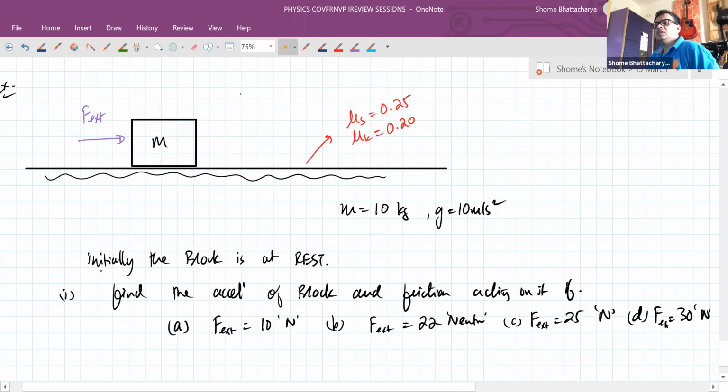Okay. Initially, remember the block is at rest. Second part,